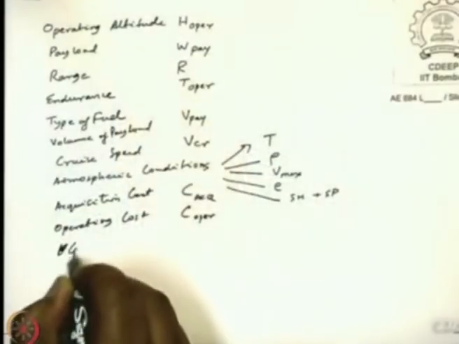Tell me how much payload the airship can carry. The answer may be minus 10 kg. Correct? Because the size may not be sufficient. So there could be some constraints on size. Anything else that the operator will like to specify? So what about the moving mast? He could give you the requirement of having a movable mast or a static one. Correct. So I would just call it ground